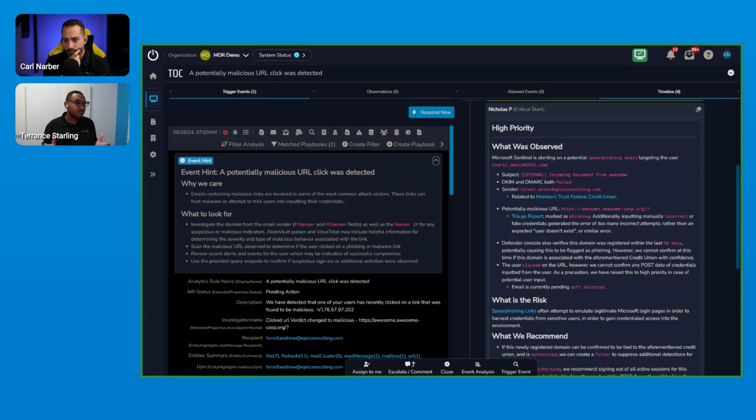If an analyst is new or even experienced, but they're coming from another alert, this kind of calibrates their workflow so that they know, hey, I just finished a static detection. Now I'm on to an identity or email-based detection. These are the key values that I should be looking for that are going to provide me with more information and help me investigate and triage this in the most efficient manner possible so that I can quickly get it to the client if it does turn out to be a higher priority or higher severity threat in question. So event hints, super beneficial, and they're specific to the detection.